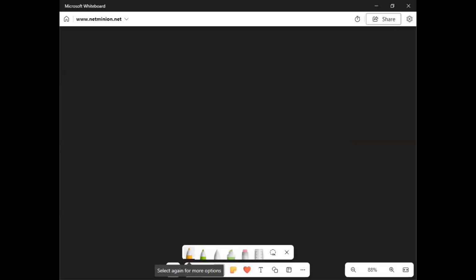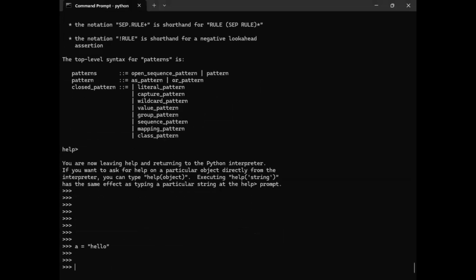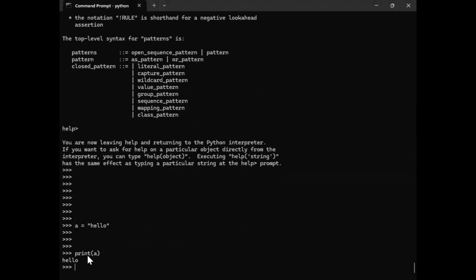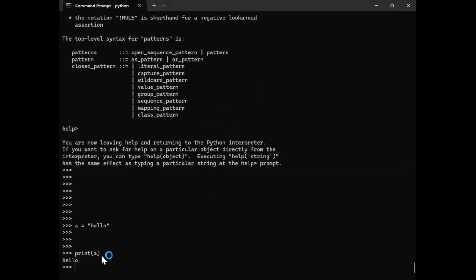In every script. So before writing the script, I need to talk about one more thing. If I'm just storing A as hello, there is a function named print, in which if I put this variable name and press enter, it will print the value. These functions are named inbuilt functions, which means they come in your Python package itself.